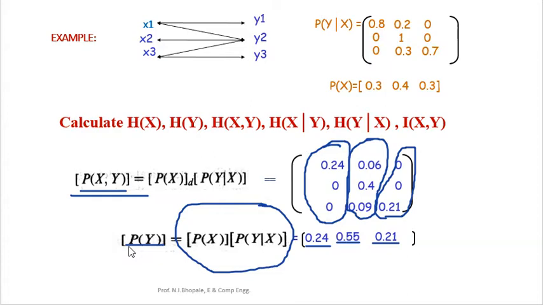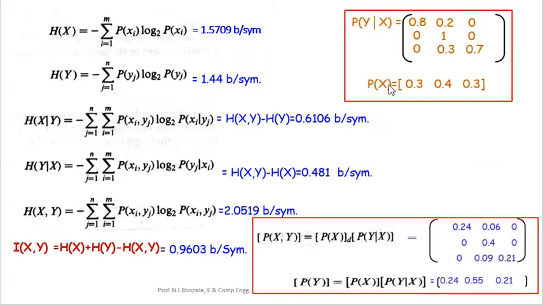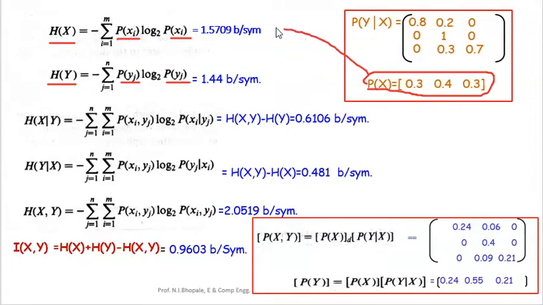Now once we got the P(Y), the next task is quite simpler. Let's see, H(X) is calculated. H(X) can be easily calculated with respect to the probability of input message. So the expression is very simple. Similarly, if I want to calculate H(Y), it is with respect to the output, so probability of output will be taken into consideration. This P(X) is already given. So based on this, we will be calculating this H(X).